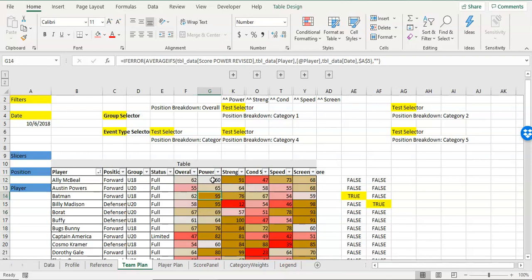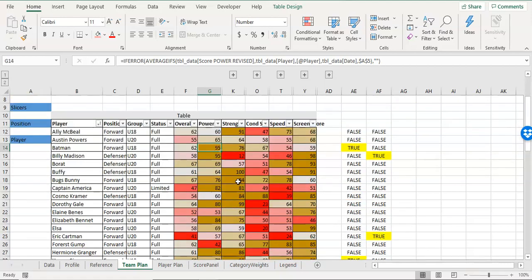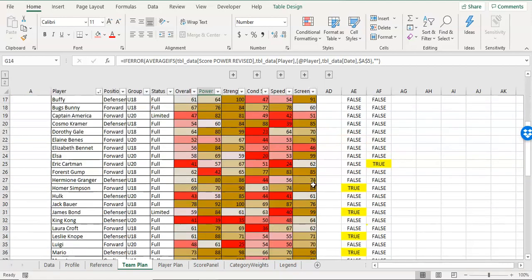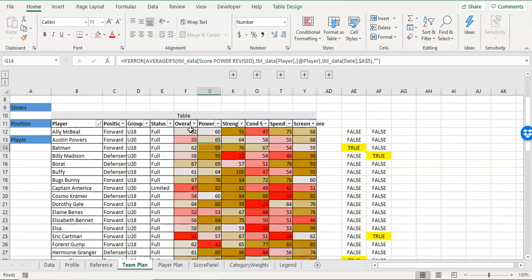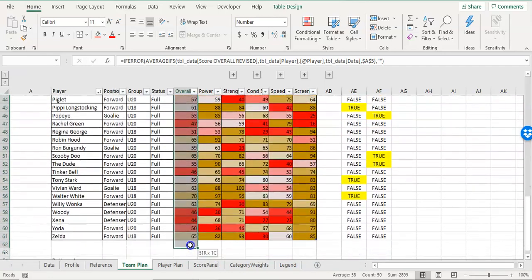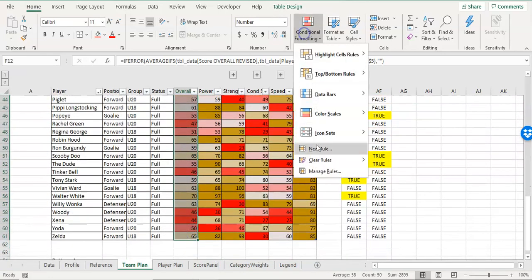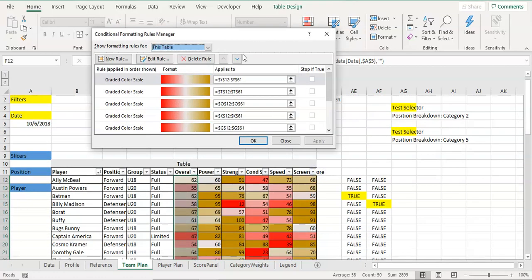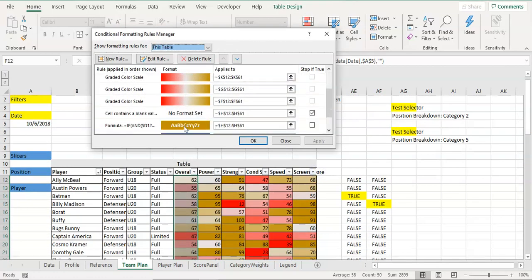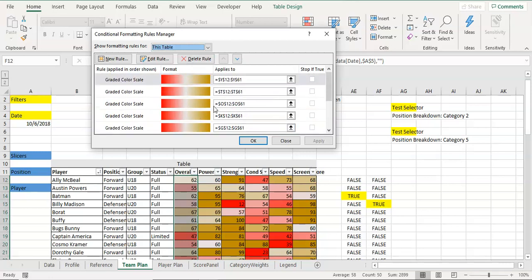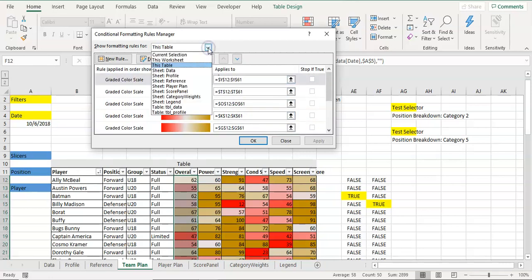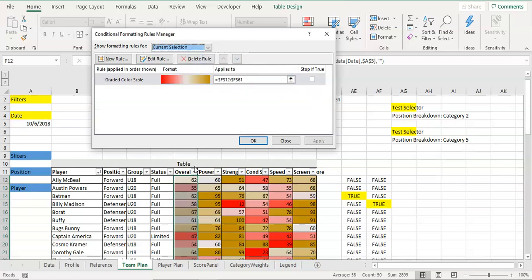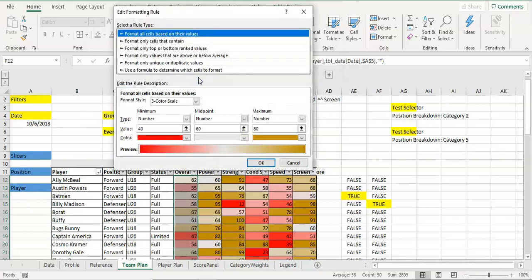And maybe these scores, for example, are different than the overall score. Right now, it's a little bit inconsistent in that these scores can be higher based on the criteria I have set. So maybe I organize this a little bit better, where in the overall score, if I go to Manage Rules, I'm going to see the scores for everything, because I'm in this table. If I go to my current selection, I'll just see what I have selected, and maybe I change this to be,